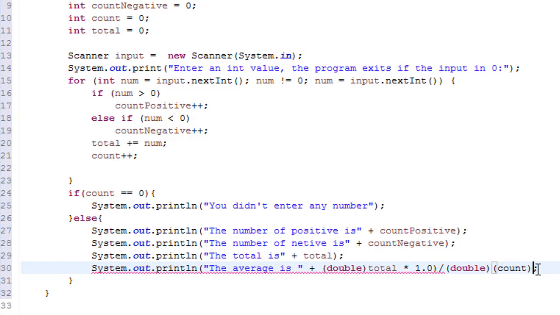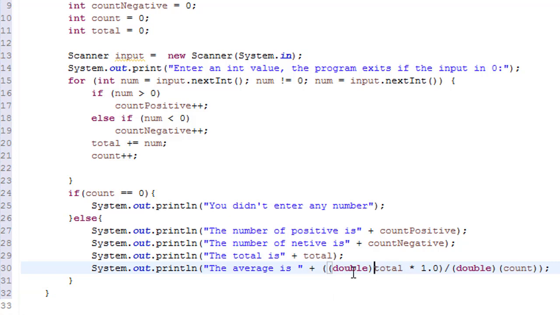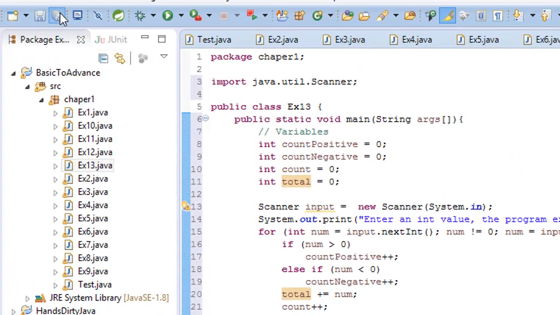Let's see if I add the brackets here. Yep. So I just did it on the fly, but I convert this total to double, whatever I'm getting here, and then I divide by the count. So if we save and try to run our program